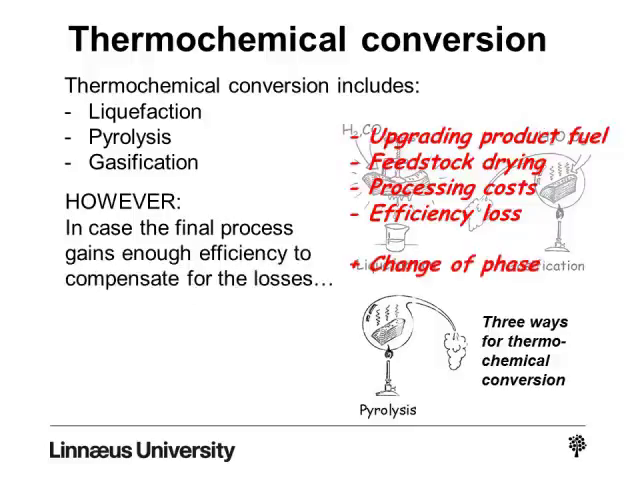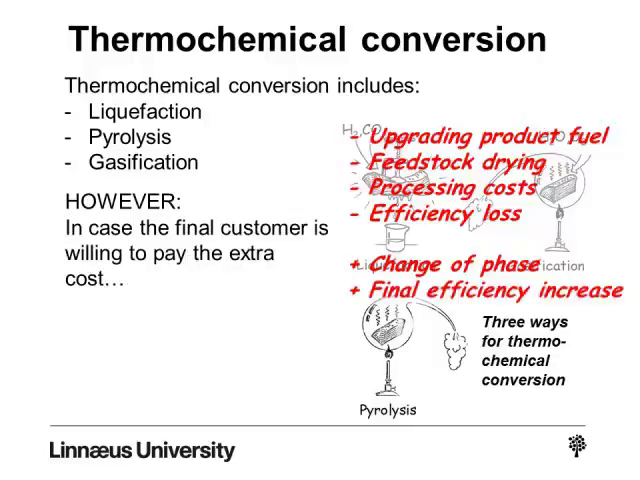Sometimes the final process may gain efficiency. It may gain so much efficiency as to pay for the losses that are caused in the conversion process. Sometimes the final customer may be willing to pay the extra cost. Ethanol for cars, for example, or biomethane for cars, or dimethyl ether for cars. Maybe the driver is willing to pay the cost for the conversion, and in that case, well,